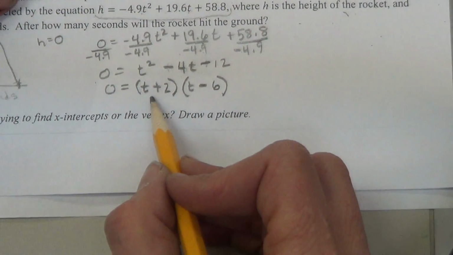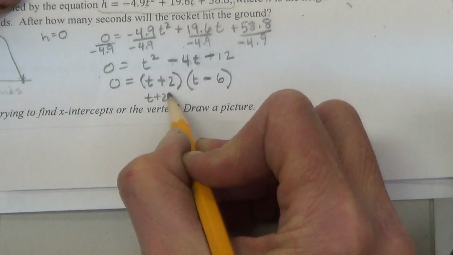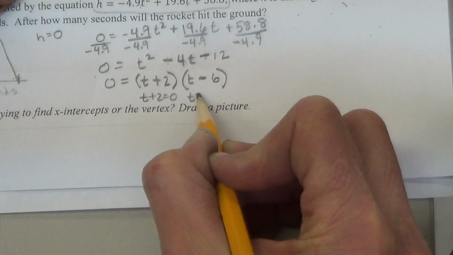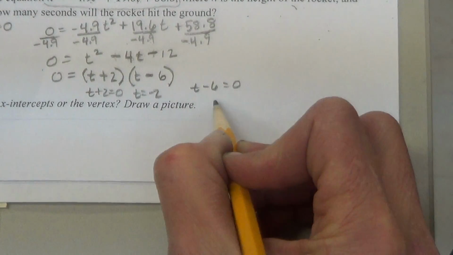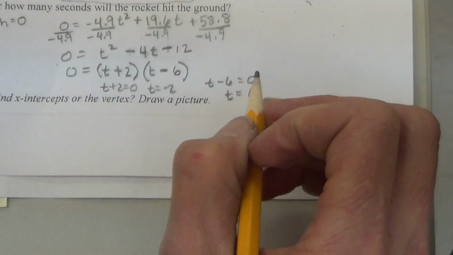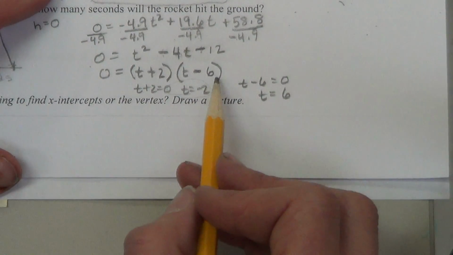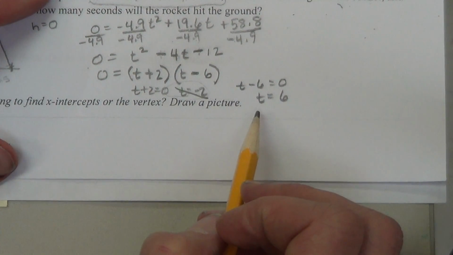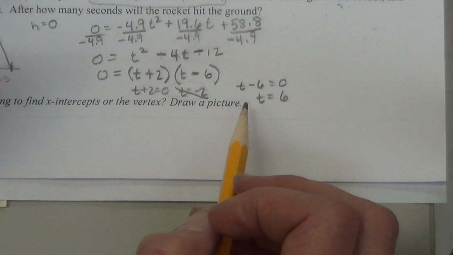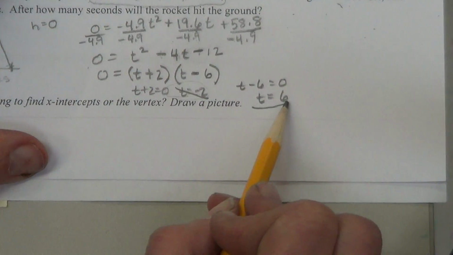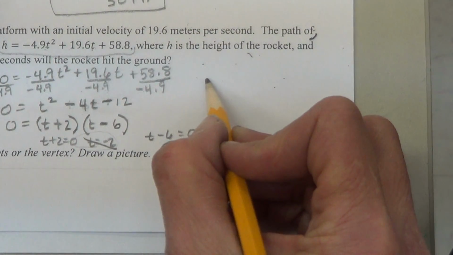So now we set each of these equal to 0 to solve for our second. t plus 2 equals 0 when t equals negative 2, and t minus 6 equals 0 when t equals positive 6. Well, we can't have a negative time, so that one's an extraneous solution. It solves the problem, but it doesn't solve the equation for our circumstances. So we have t equals 6. That means that the rocket,